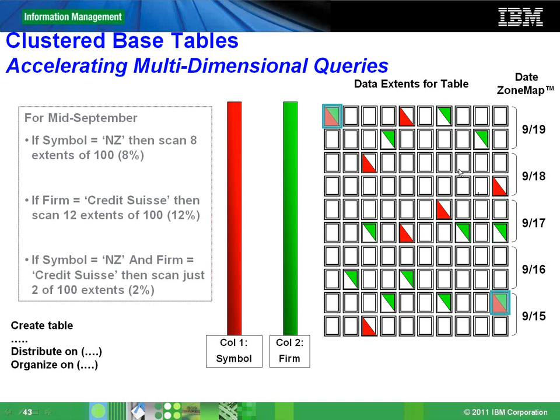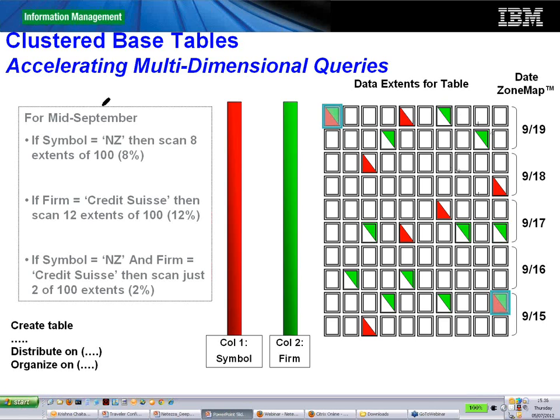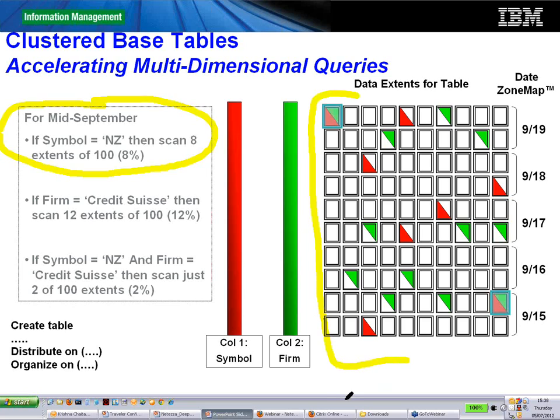On your left-hand side, you will see some queries that have come into the Netezza system. So for the first query, if symbol is equal to NZ, then you need to scan only 8 out of the 100 extents you see on your right. So these are your extents, and this is the column you're selecting from, right?